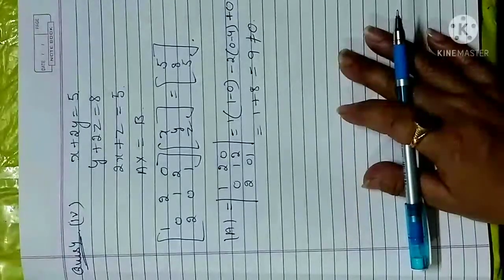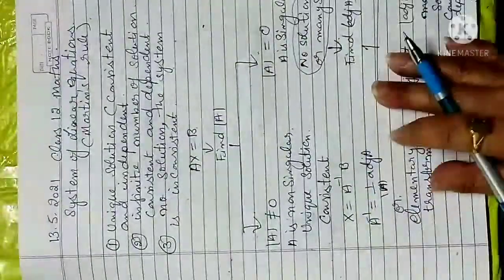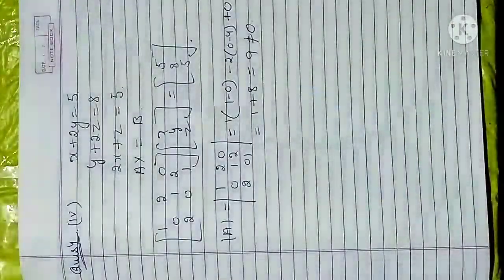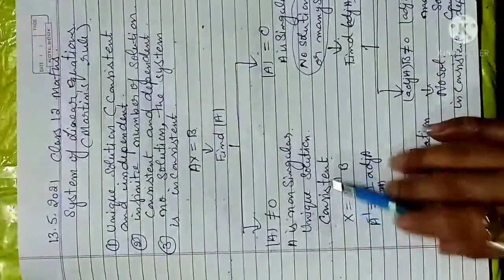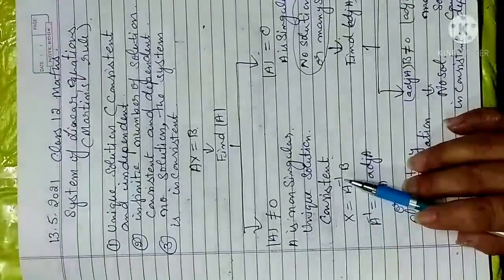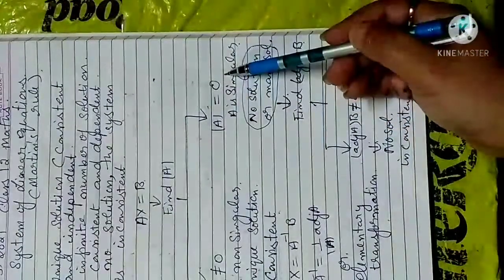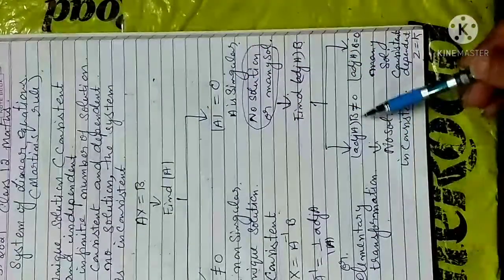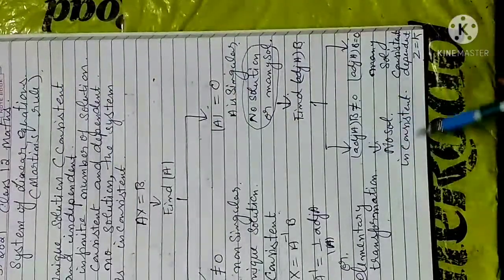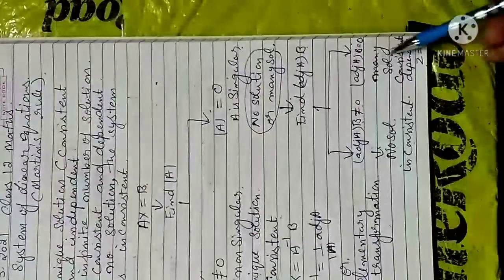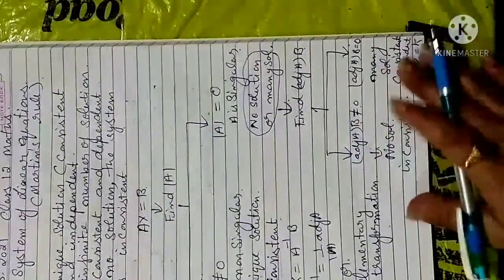If it is written in your question that you have to go with only consistent or inconsistent, then you have to stop at that point. Like if your determinant is not equal to 0, you just write unique solution and consistent, no need to go further. Similarly, if they ask for inconsistent or no solution, in that case you go till the determinant is equal to 0, and you go with the augmented matrix A, B. If it is not equal to 0, you directly write no solution or inconsistent, and if it is equal to 0, you just write many solutions or consistent and no need to solve further, because we are just testing the condition here.